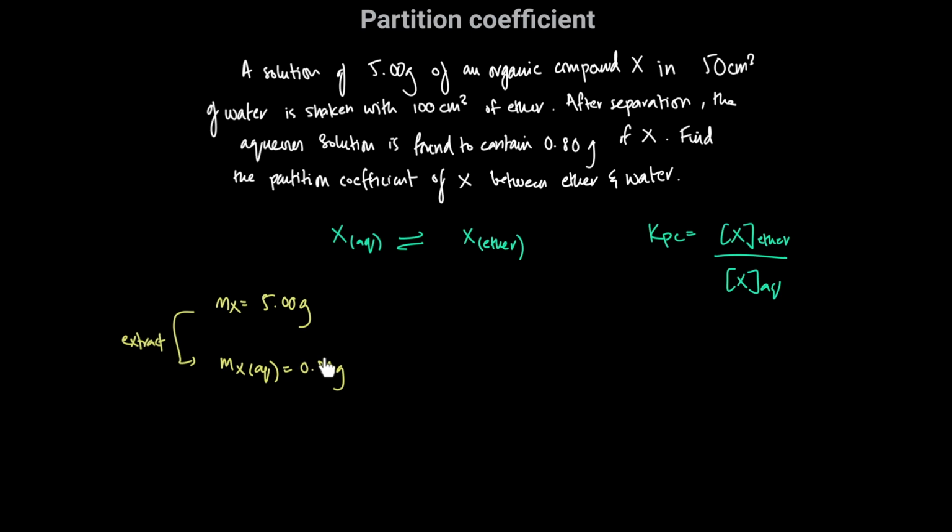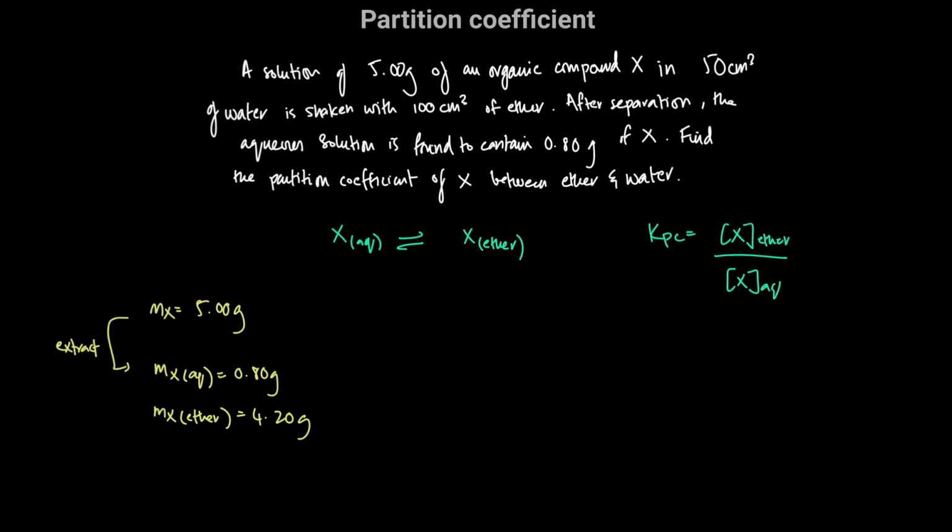We have this much left in the water from the initial 5 grams. So that means that 5 minus 0.8, that is 4.20 grams, were extracted into the ether. So these masses are the amounts present at equilibrium between the two, for the solute between the two solutions. So then we can say that our partition coefficient, right,